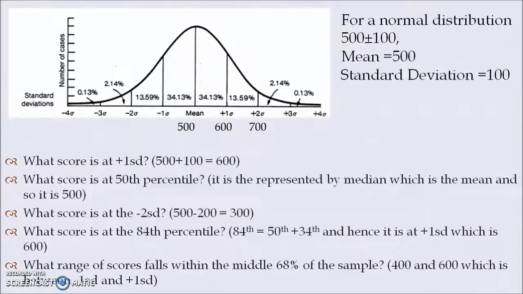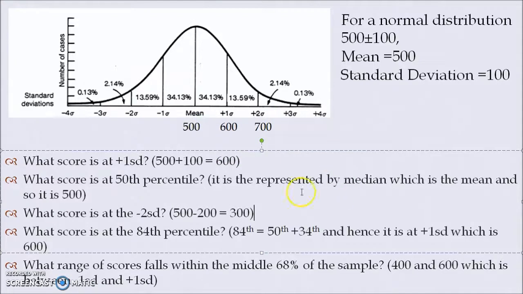So let's look at the slide. This is one of your most important slides for your quiz. If you're looking at this slide, this is a normal distribution. A normal distribution is a bell-shaped curve which has your mean, median, and mode at the same point. So this is your mean, median, and mode. I'm going to move this a little bit so that you guys can see. Your mean is